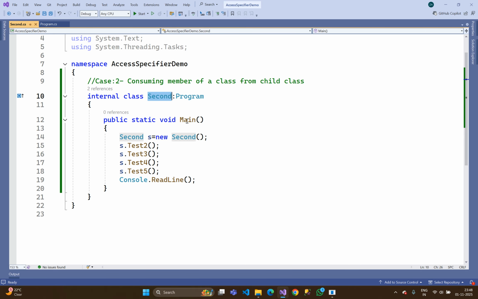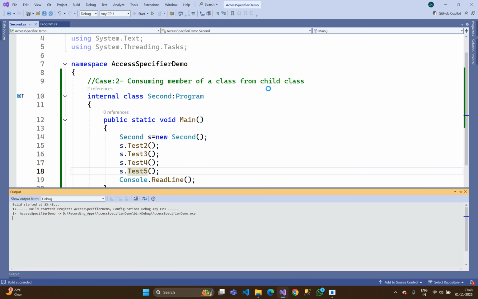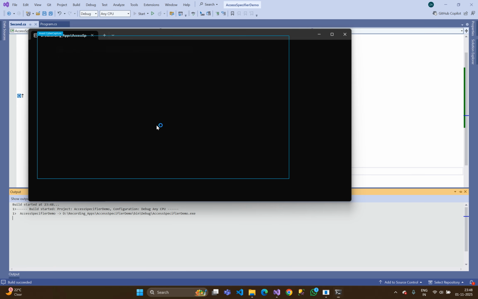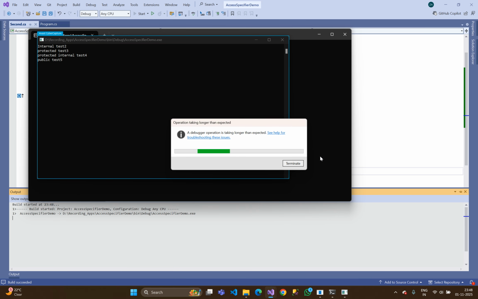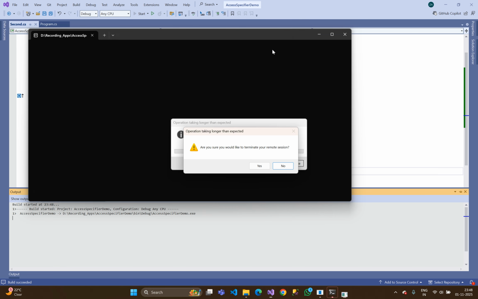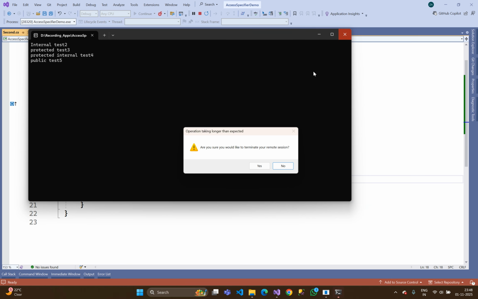When I run this second class, we get the output test2, test3, test4, test5. Just start, run, and we get the output: internal, protected, protected internal, and public. All four are accessible, only private is not accessible. Now we will see